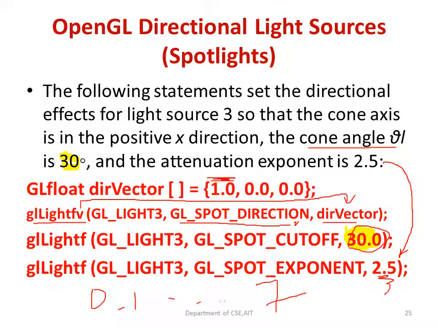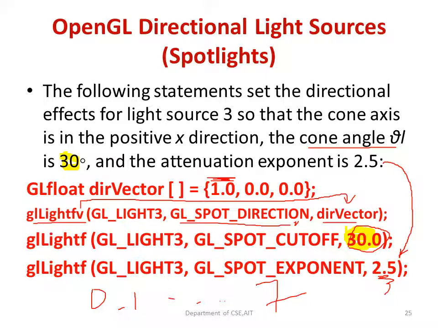The third parameter and the second parameter are very closely related. That means what type of effect you want to give: a spotlight, an ambient light, or some attenuation, all these things. And the value associated with that will be in your third parameter. So we are having a direction vector here. You will have light number 4, and the spot direction is given as a direction vector in the positive x-axis. The y and the z are equal to 0.